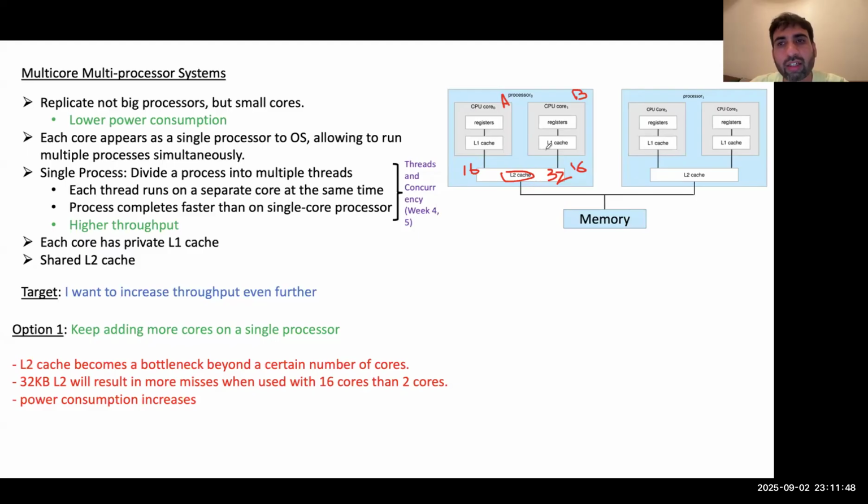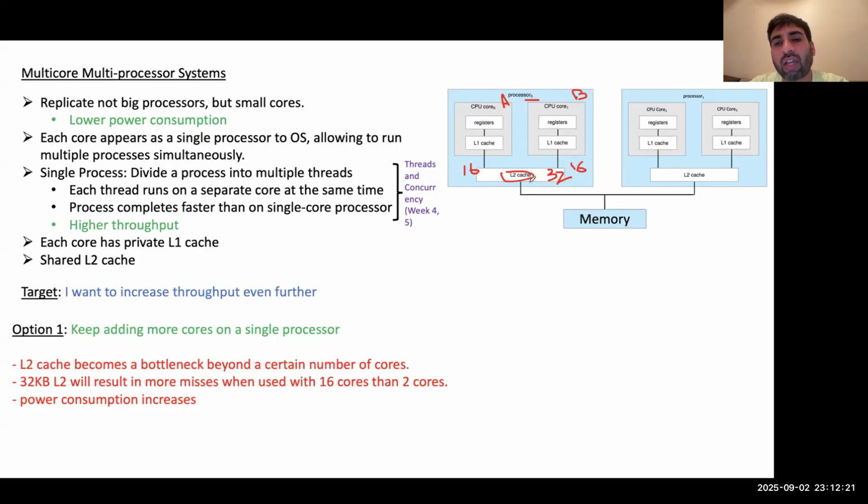Now let's say I increase the cores from 2 to 16 in a single processor. So I have core 0, core 1, up to core 15 in processor 0, and all of them share the L2 cache, right? And let's say all 16 processes running on them each have a data set of 16 kilobytes. Now, if you multiply 16 by 16, you can do the math. Their total data set